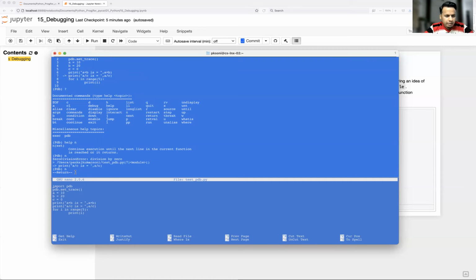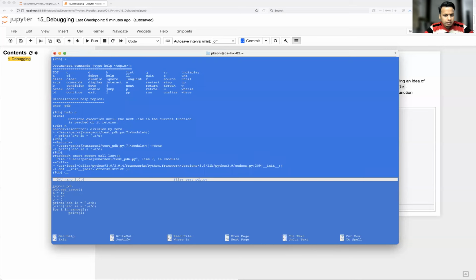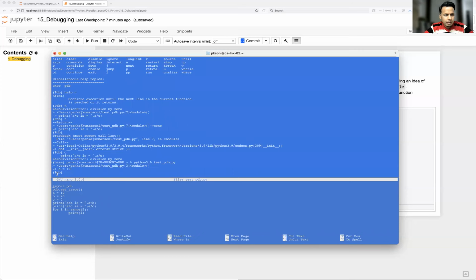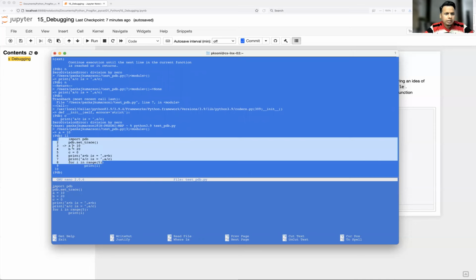Okay, and the moment it hits error, it will return the code. Okay, so if you see here, I'll just press continue. So just exit from the code execution and come out of the debugger. If you want to debug again, you can just call it. Okay, again, it has started from beginning of the file. So my current trace is at the line number 3.